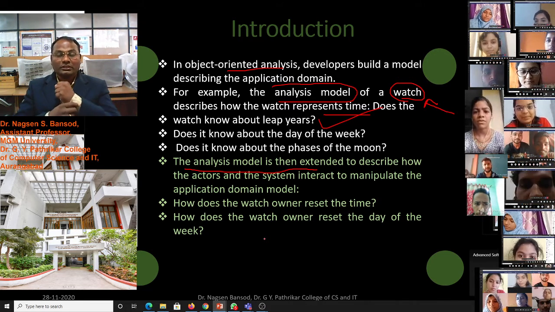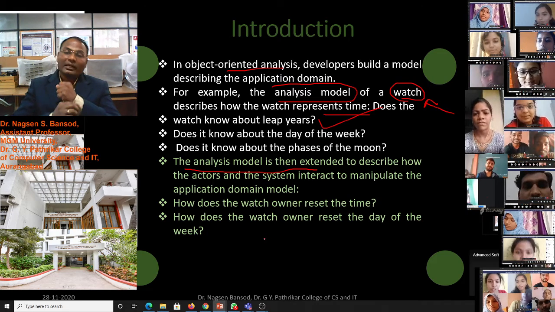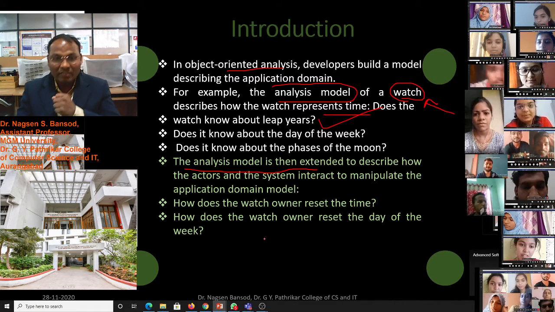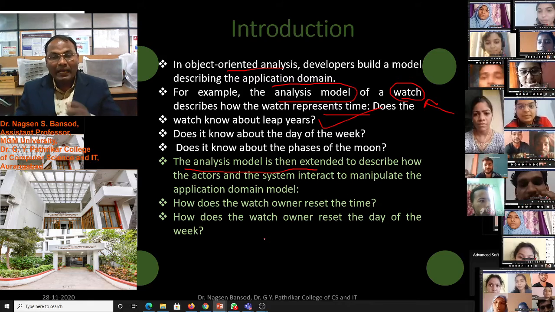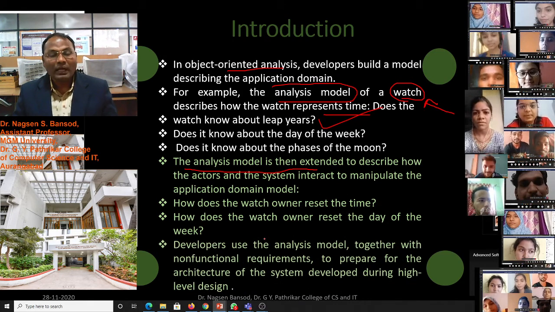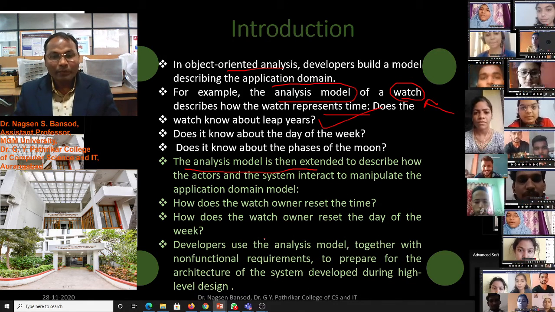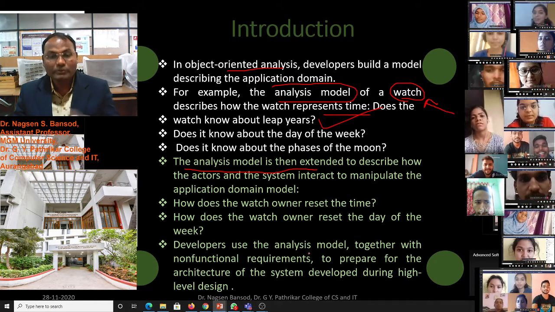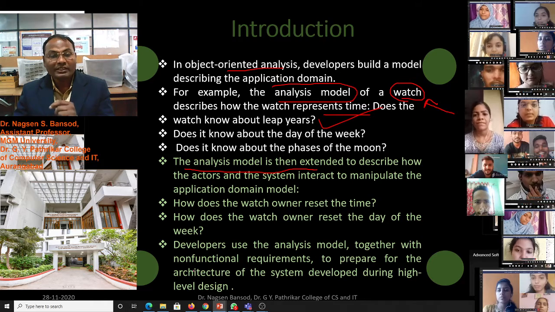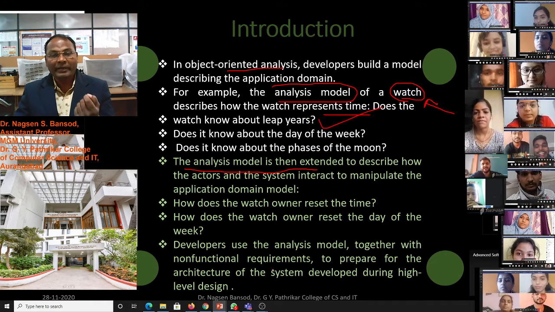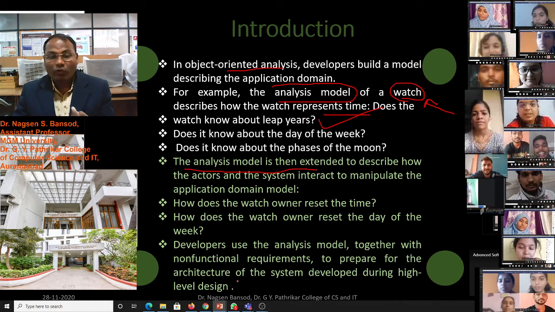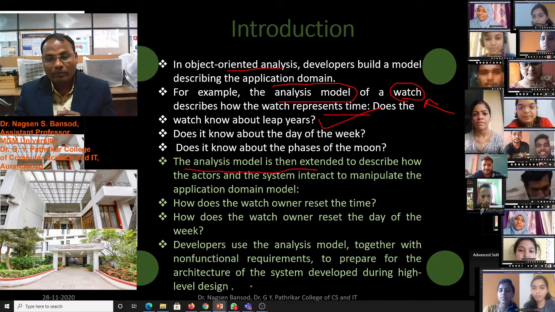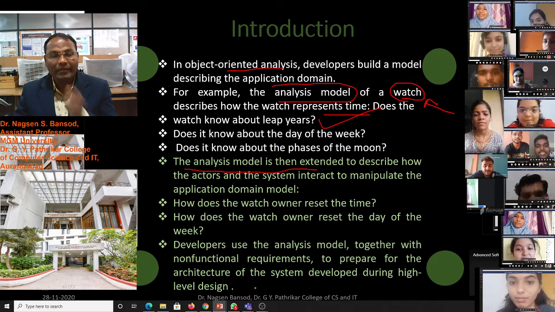As a watch user, how do we have to interact with the watch to change the date? That should be analyzed as a developer. Again, the developer uses the analysis model. As a developer we have to use the analysis model together with non-functional requirements to prepare for the architecture of the system developed during the high level design.